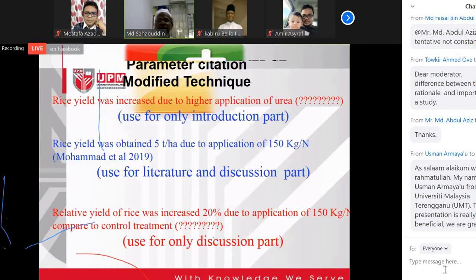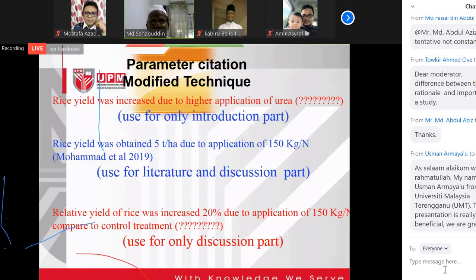Another parameter citation modify technique. You already mentioned in the previous slide, I think, modify 1 and modify 2. Because originally the parameter citation is the original parameter citation. But this citation we can modify in 2 styles. So we name them modify 1 and modify 2. So which one is the original? Original means the middle. Here you see the middle one.